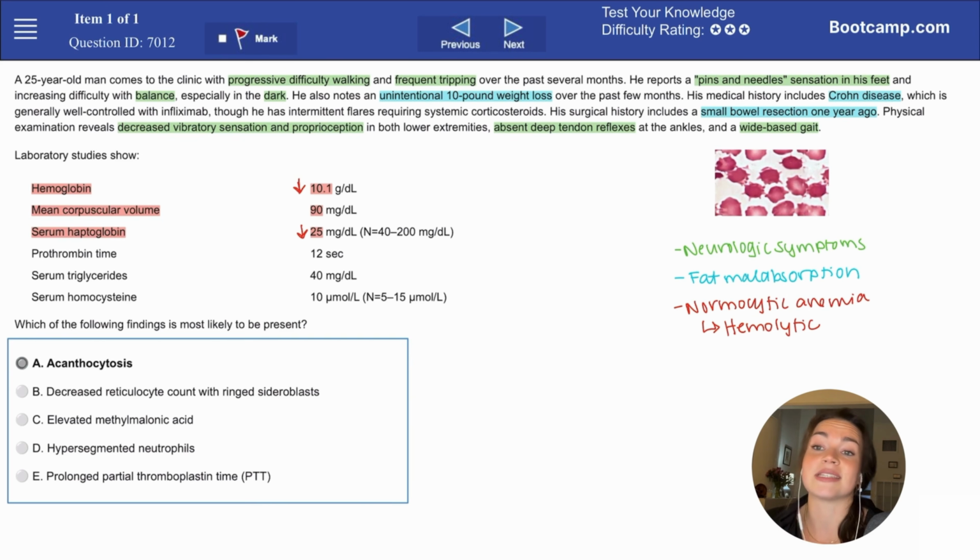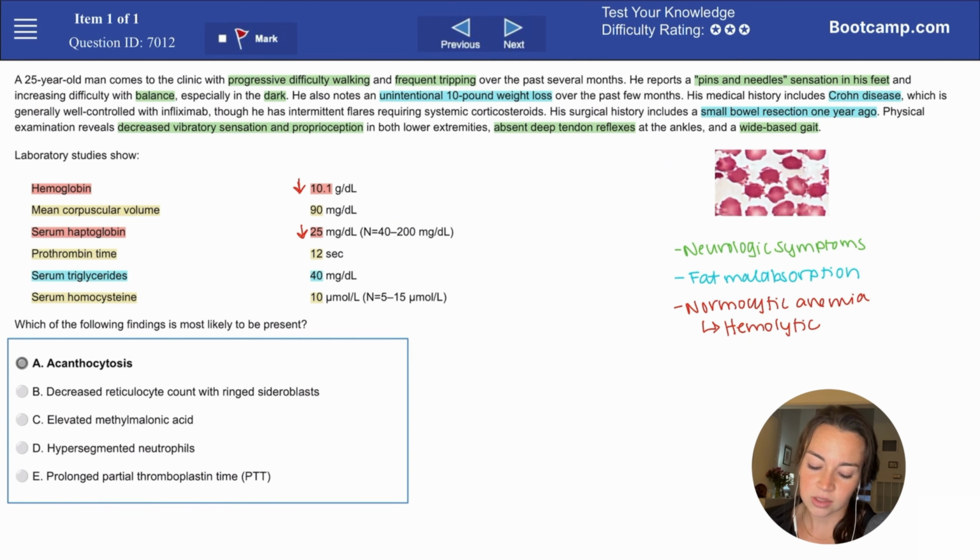But you want to remember that it's the low value that is the red flag. So we have a normocytic hemolytic anemia. The prothrombin time is normal, so we're not worried about a coagulopathy necessarily. And those serum triglycerides are pretty low, and that can be another thing that points us towards fat malabsorption. And finally, we have a normal serum homocysteine, and we'll get to the relevance of that as we talk through